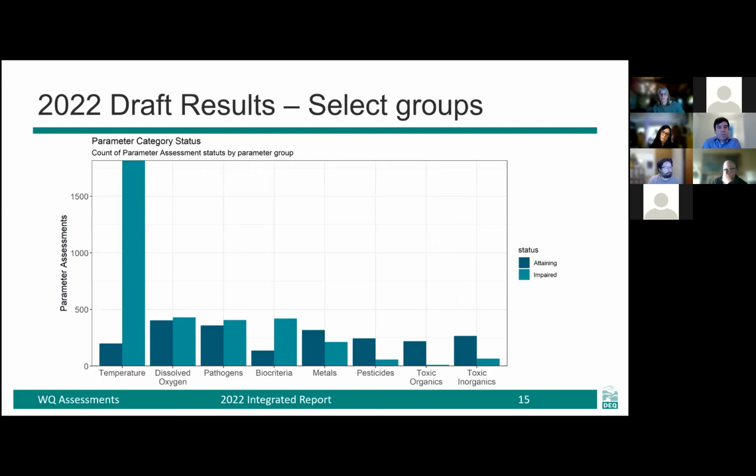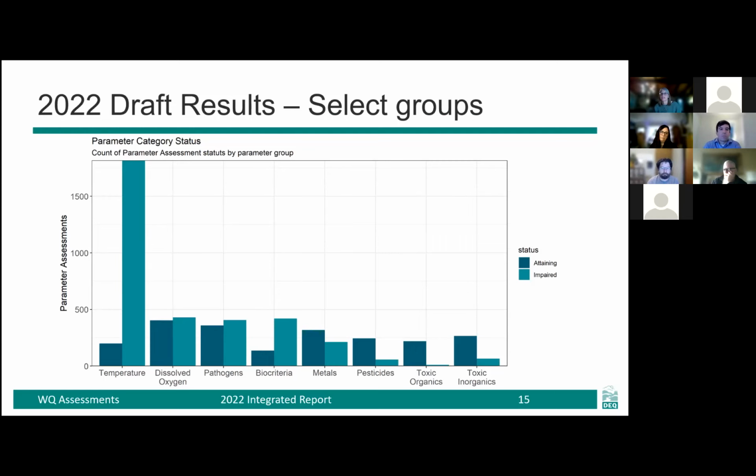But with regards to temperature and to a lesser degree biocriteria, there are more water bodies that are considered to be impaired than they are attaining criteria. For our metals, pesticides, and toxics, it's the other way around, where there are more water bodies that we assess that are attaining their criteria than are considered to be impaired.